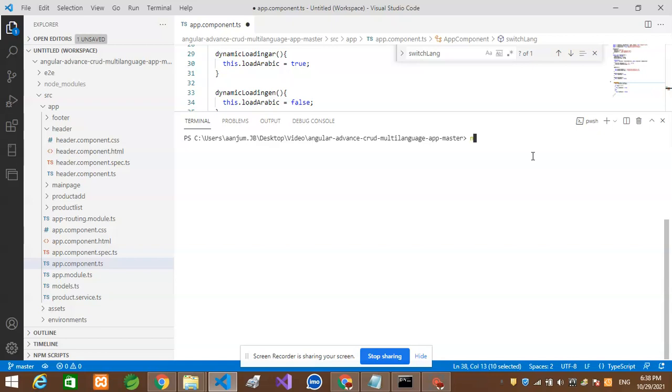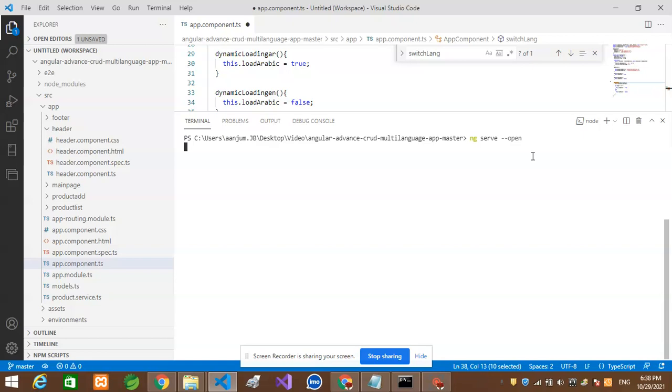Now simply go to the terminal and write ng serve --open. What happens? It will load our Angular application on the default port 4200.